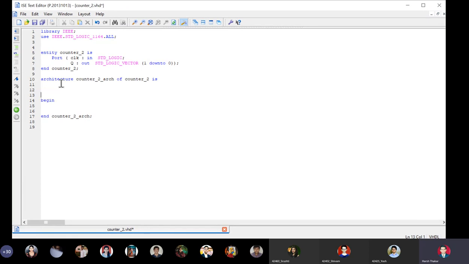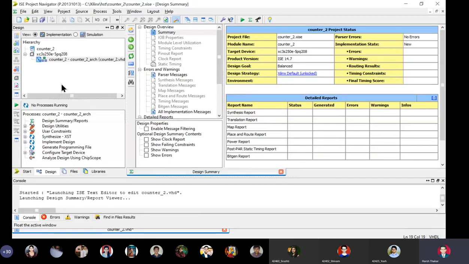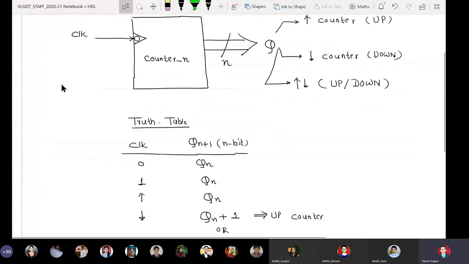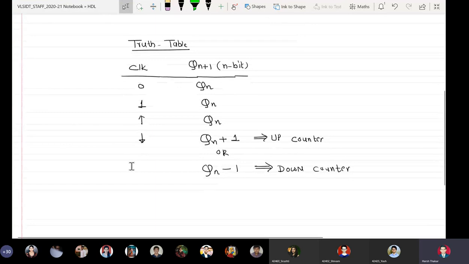So process CLK, only one input is there. Begin. And here what I want to tell is this, that only when the falling edge of the clock comes, my output should increment or decrement.